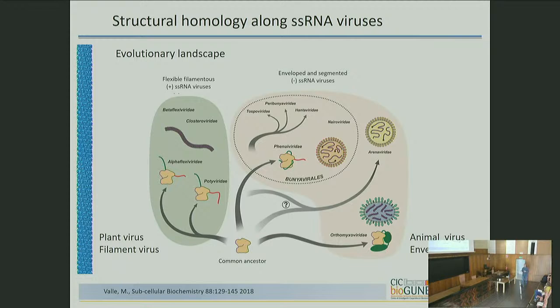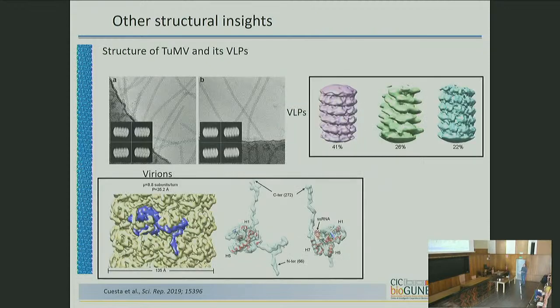So they don't have a lot of margin to change their structure and explore other possibilities. Other work we have been doing, for instance, is with turnip mosaic virus. This is another Potyvirus. One of the main reasons was to see whether this signature, the presence of the N-terminal region that bridges within the turn and between turns, was a signature of Potyvirus, and it turns out to be the case. The Potyviruses have this double staple.